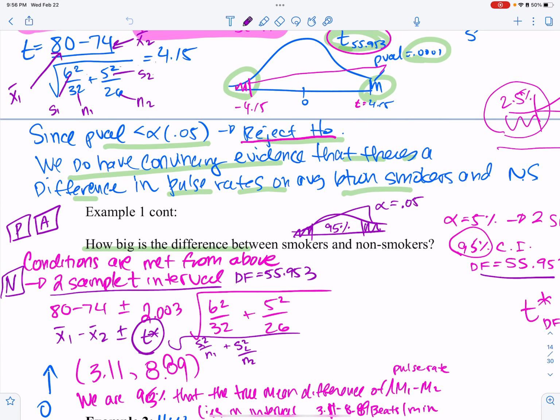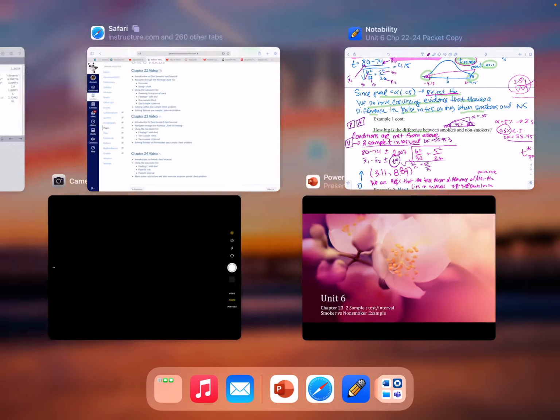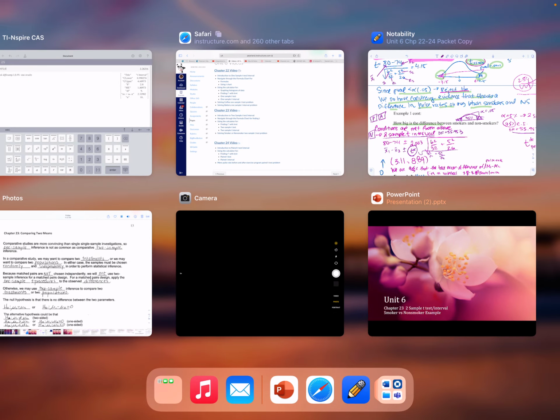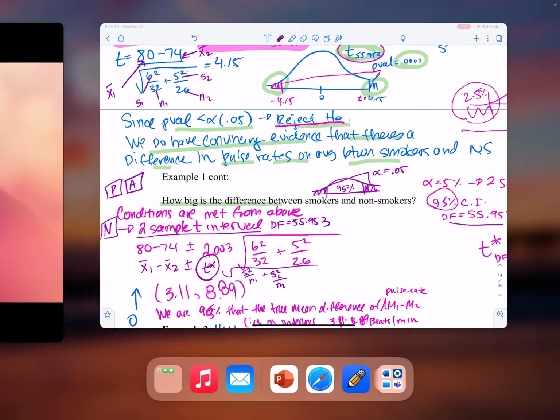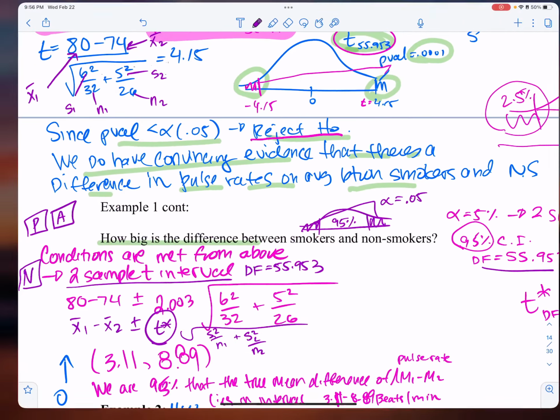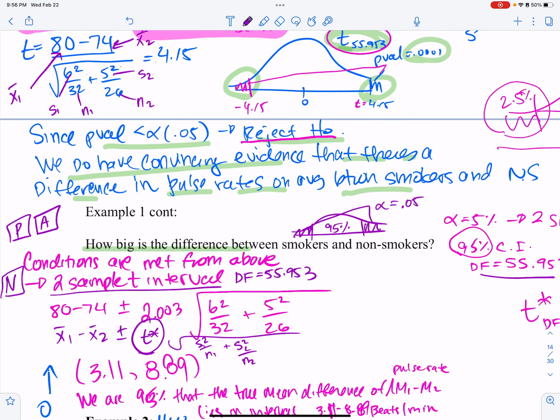Let's talk about how to get T star. On T star, if I go to my, hold on, 55.953. Okay. If I'm doing a 95% confidence interval, so I have to put into my inverse T an area of 0.975. Remember, because the calculator starts here at 0 and you have to calculate that extra bit. And the degrees of freedom is